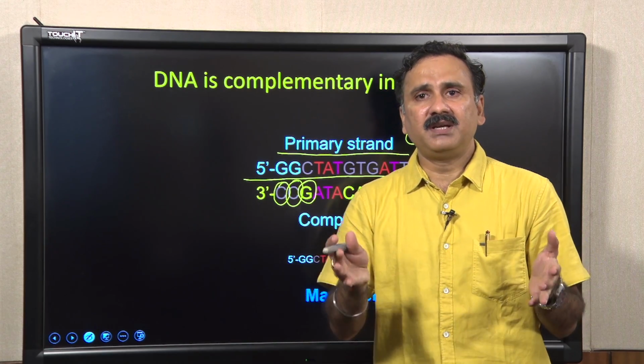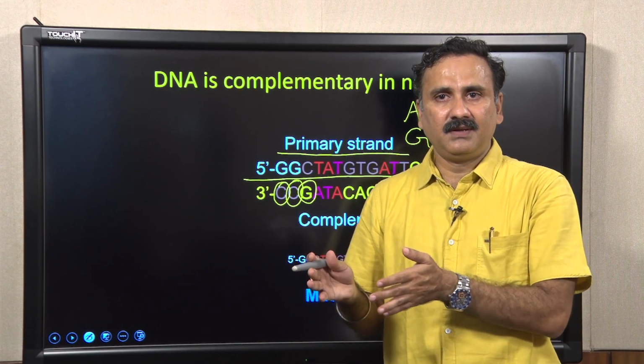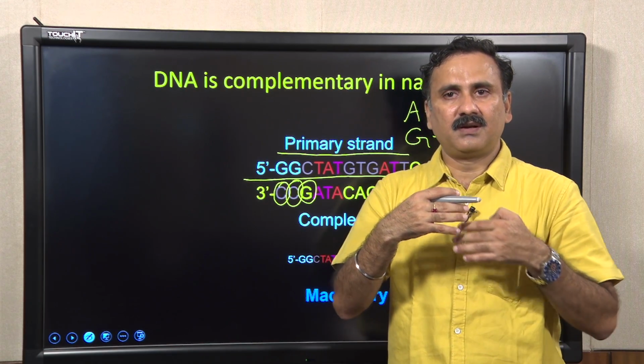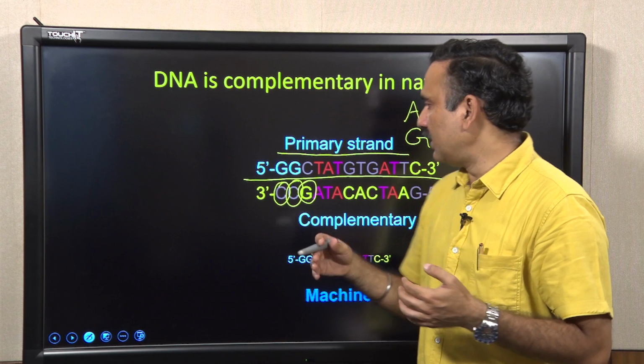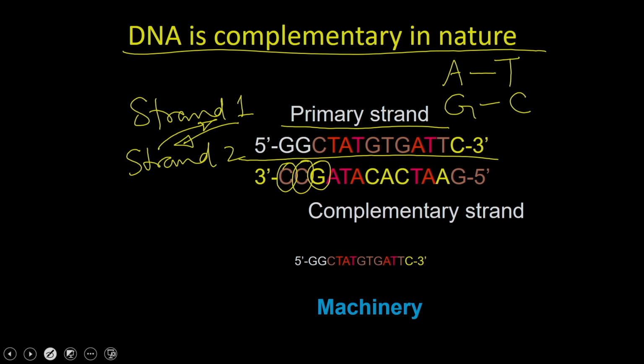How the complementarity is going to help you in terms of conserving the molecules, because if you have strand 1, you can generate strand 2, as the strands are complementary to each other, or if you have strand 2, you can generate strand 1. That is the basic principle through which the PCR mechanism works.